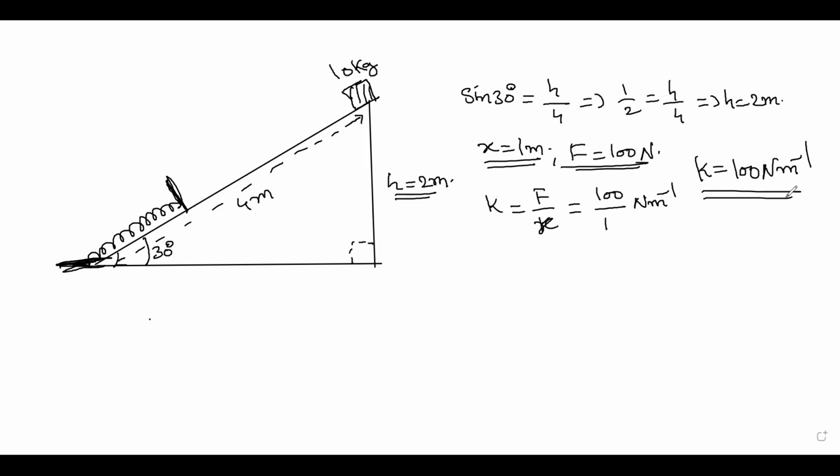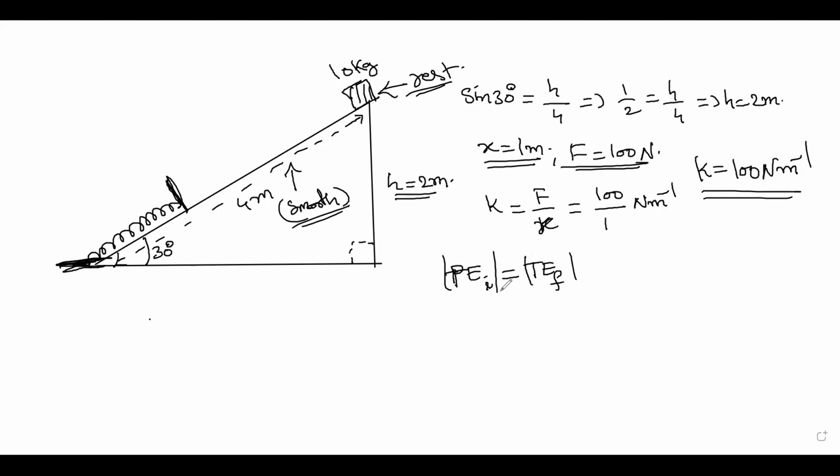Clear? So once you calculate the force constant, now we have to see the energy conservation. Here the surface they have given is a smooth surface. So here we consider the smooth surface. It is left from rest. Please understand, it is left from rest. Because it is left from rest, the total energy in the initial condition is equal to the total energy in the final condition. This is what we need.